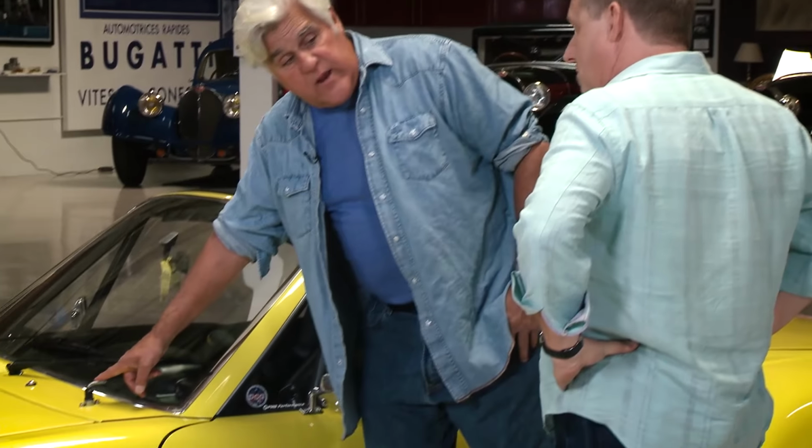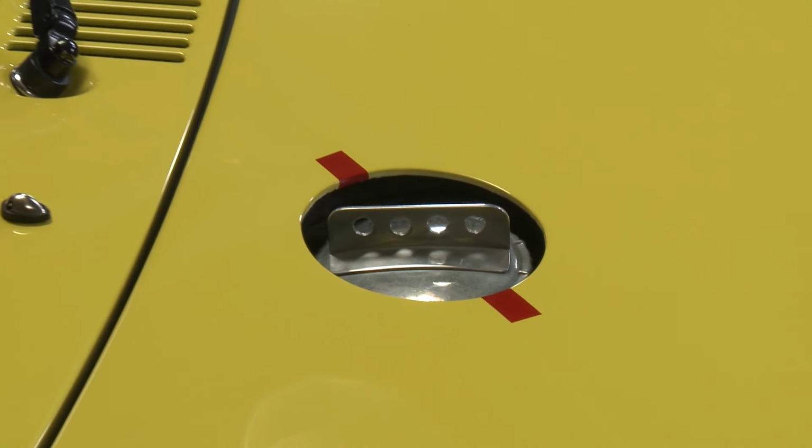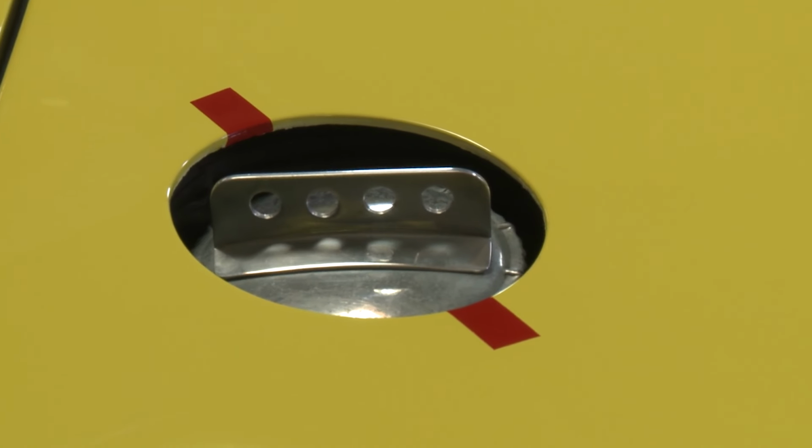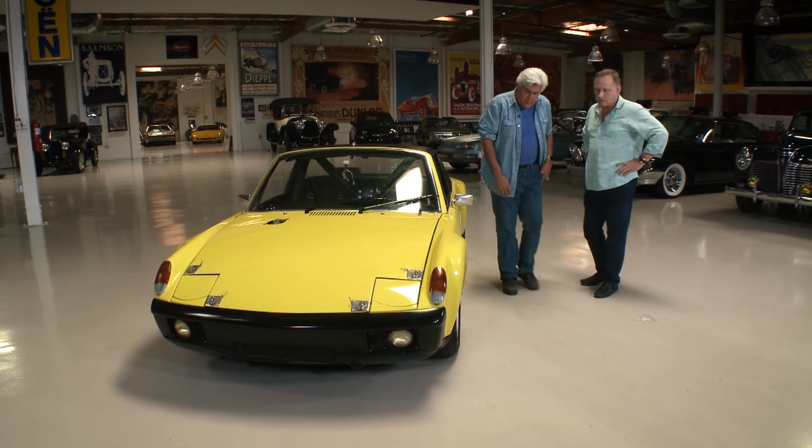And this is the battery disconnect? Battery disconnect, yeah. And I see you even got the proper gas cap. Did you make that one, or is that a proper gas cap? We made that one. This was a 70 tub, so I didn't go too crazy. You can find all those parts, but with a 74 car, and